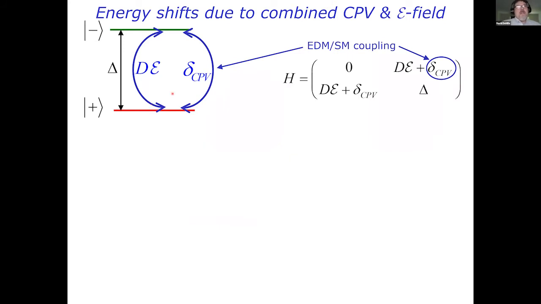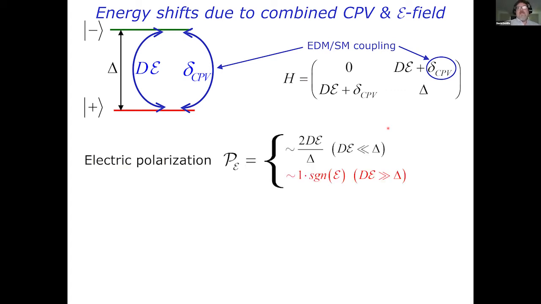So the way to make a measurement of these CP violating effects, much like was the case for the weak interaction, is to do some sort of Stark interference. So in addition to the CP violating interaction that mixes S and P states, we'll also deliberately apply an electric field that mixes those states. Again, in a toy model with only two levels, you get a simple Hamiltonian, which you can diagonalize by hand.